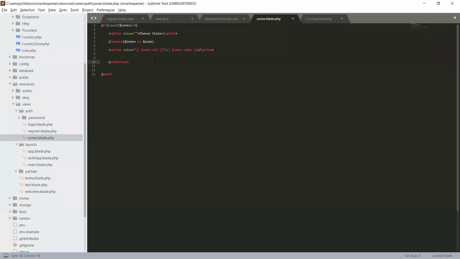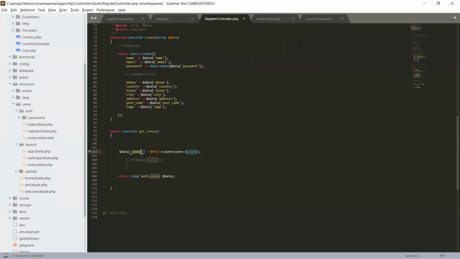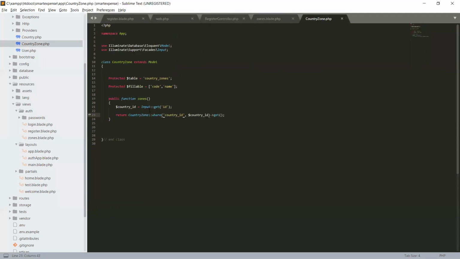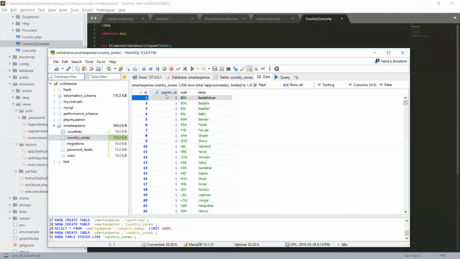So this is the HTML we are returning in response to the AJAX request. Here we have an AJAX request in our model. So we are accessing only the country ID, and on that country ID we are accessing its zone states, because in the database we have a country and zone relationship. So the country ID is in a country zone, so we have a relationship with country. According to this country ID, we are accessing its zone. So see, the country ID is changed and along with it the state.